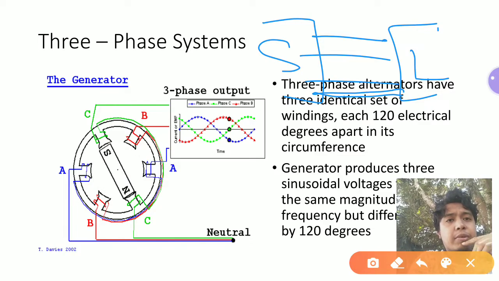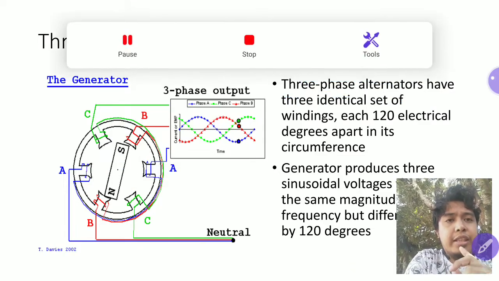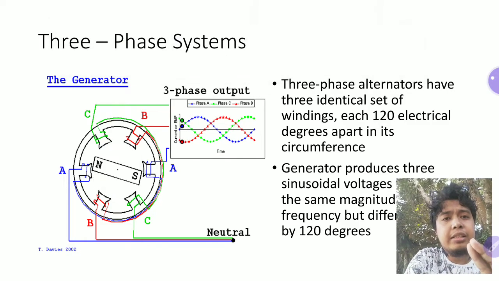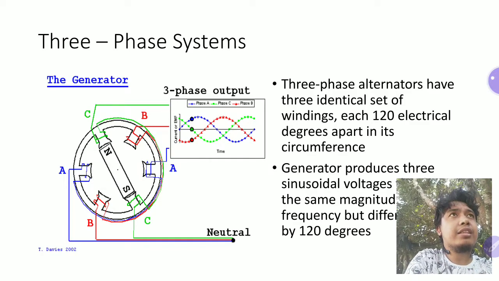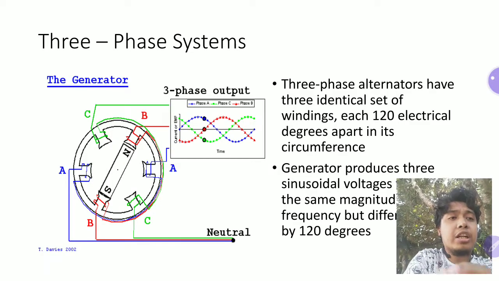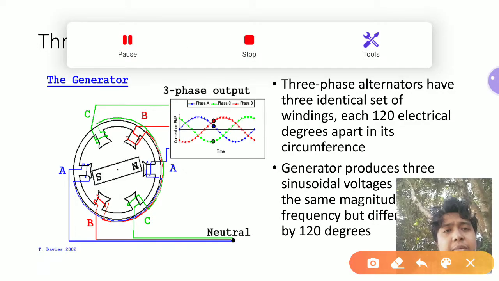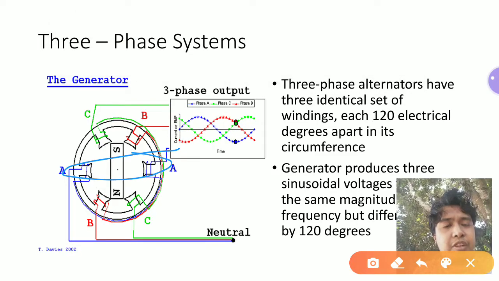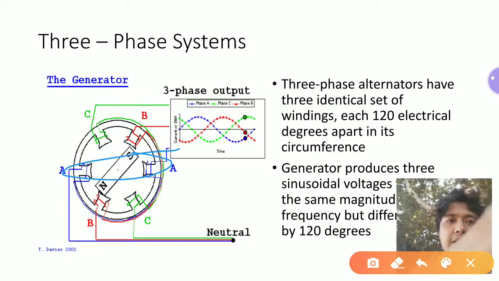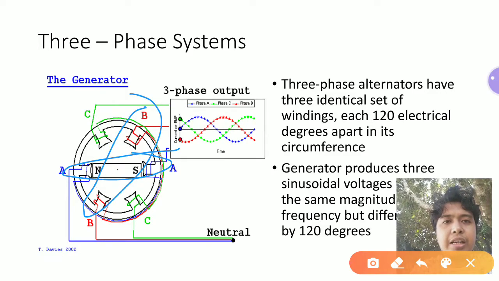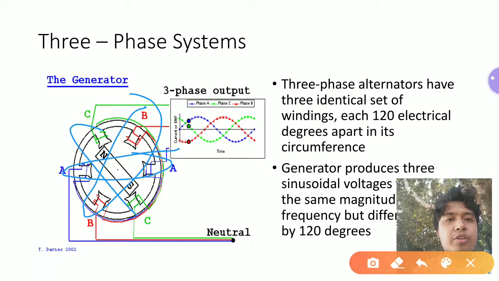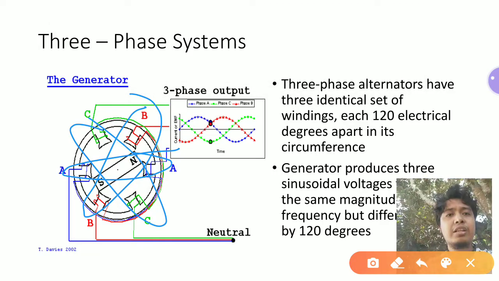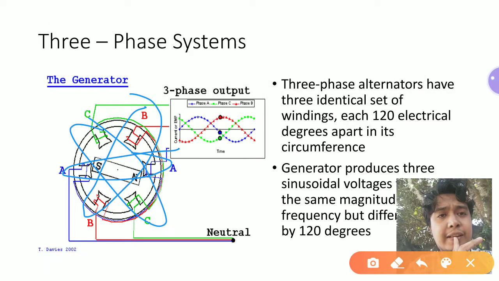Now, I'll be talking about three-phase generators. The idea of a three-phase generator is that you basically have three separate coils, each coil acting as a single-phase generator. In this example, I have a set of coils for phase A. It's one single phase generator. I have another single phase generator for phase B and another one for phase C. What's important here is that they are built in a single machine such that